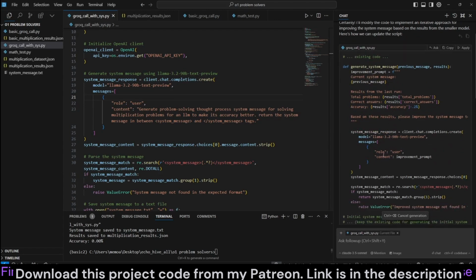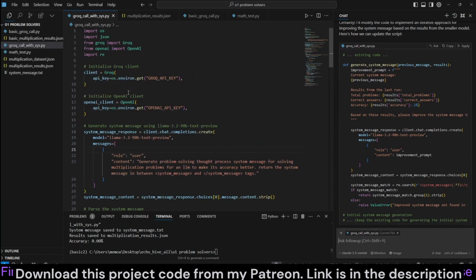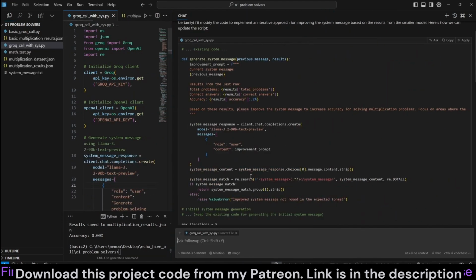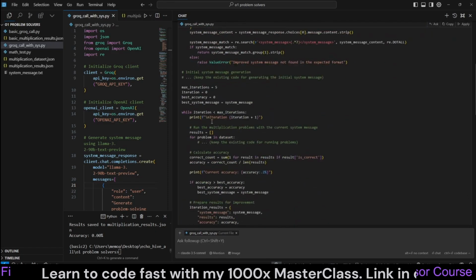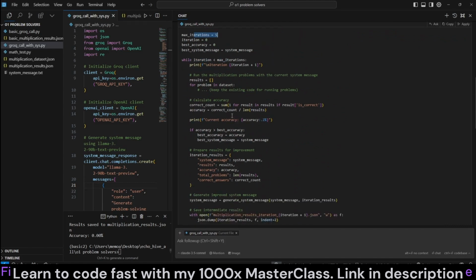Okay, generate system message, current system message. So it's just going to try to modify this function, but it's going to please improve the system message. So it's not going to, well, oh, okay. So if iteration, max iterations,